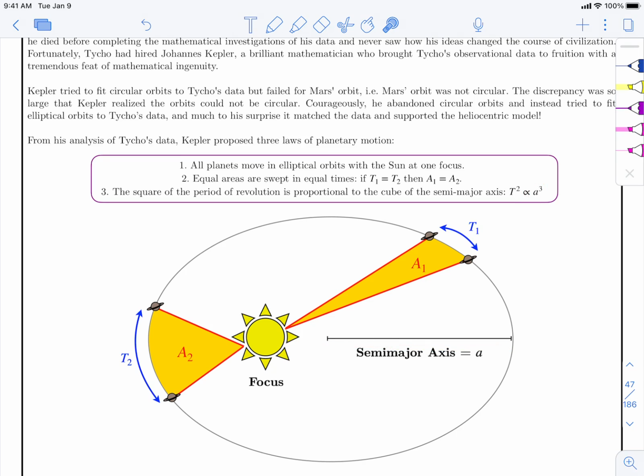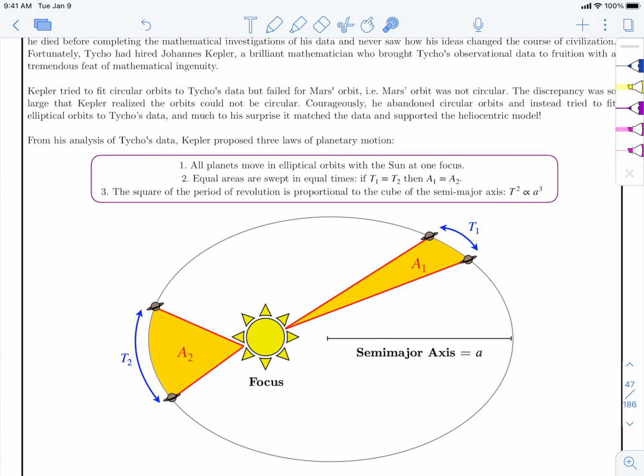So an ellipse has two axes, the semi-minor axis, the shorter of the two axes, and the semi-major axis. So if you take this semi-major axis and you put a dot in the middle, then this length is called A, the semi-major axis, and if you cube that amount for the planet's orbit, it will be related to the period of the revolution of the planet. So it's a very, very remarkable